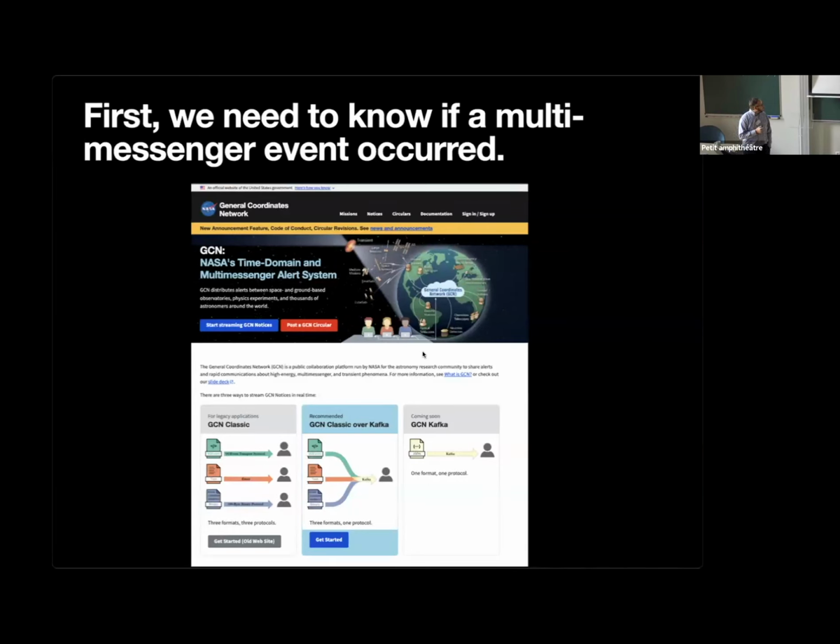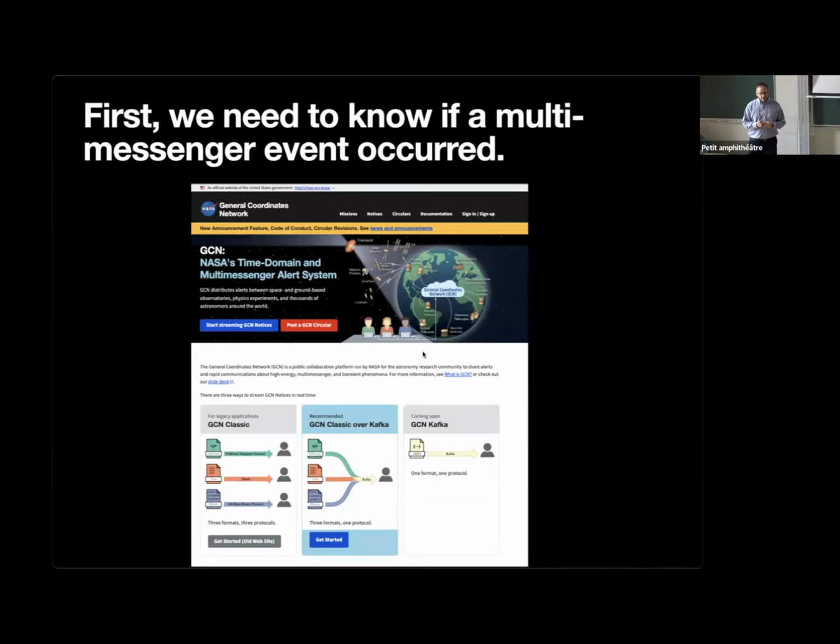But these events are carried over GCN, for example. This is now the General Coordinates Network, used to be the Gamma-ray Coordinates Network. I think we're going to hear a talk on some of the upgrades to the GCN later tomorrow, so I won't go into too much detail on that. But we want to be able to connect to some kind of stream.